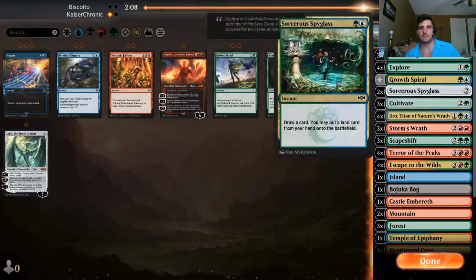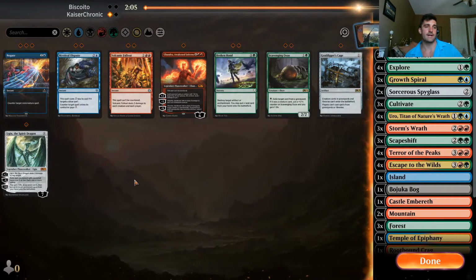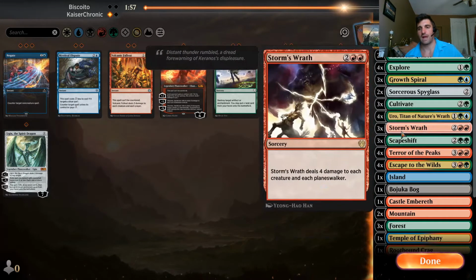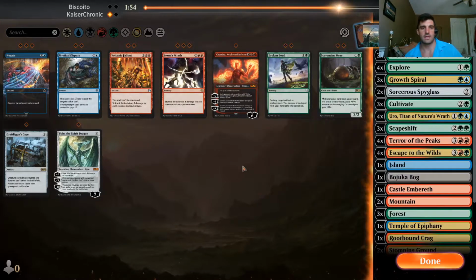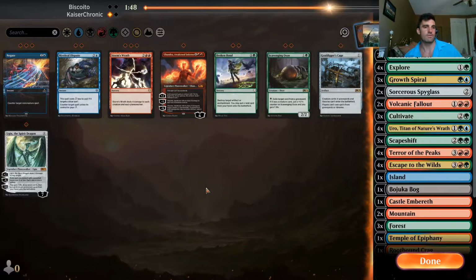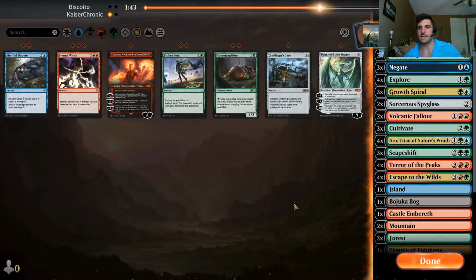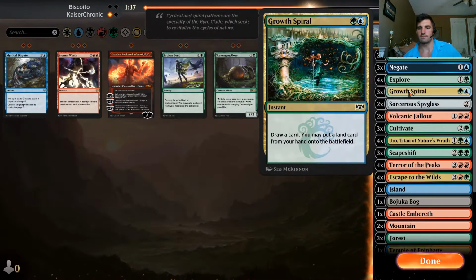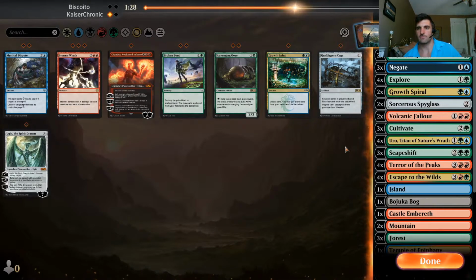Sorcerer Spyglass combats Ugin and Kenrith. Negates, counter their negates. I think Storm's Wrath is not good. I think probably Volcanic Fallout is just better overall. And I think I want like 2 negates. Probably dump a Growth Spiral. Growth Spiral is pretty good. You dump 3 cards. I'll dump 1 Growth Spiral, a